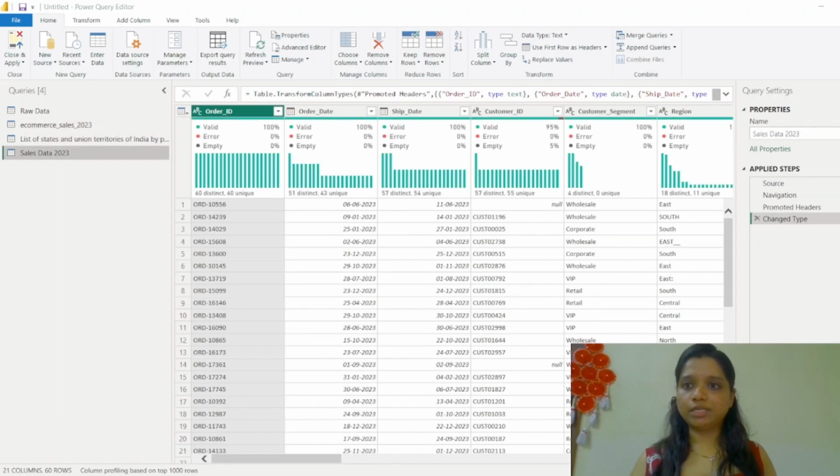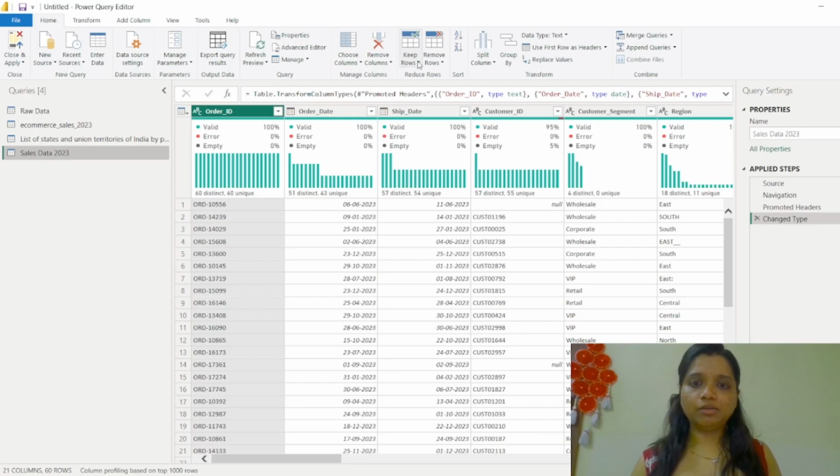The next part is the top section. This one also has multiple options like Home, Transform, Add Column, View, Tools, Help. We are at the Home option, and it gives you an option to add another source, so you don't have to go back, get the data, and then come back to this query editor. You can add the data from here as well, and you are going to get the same list of sources that we just saw. Then you can enter the data manually. You can create some parameters and update those parameters.